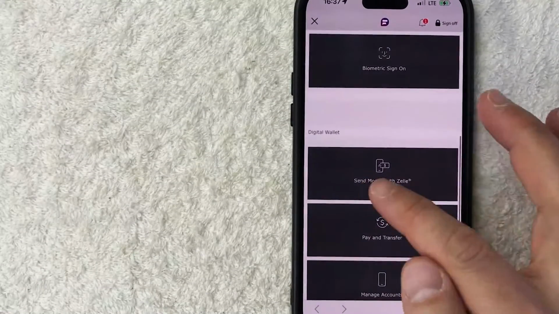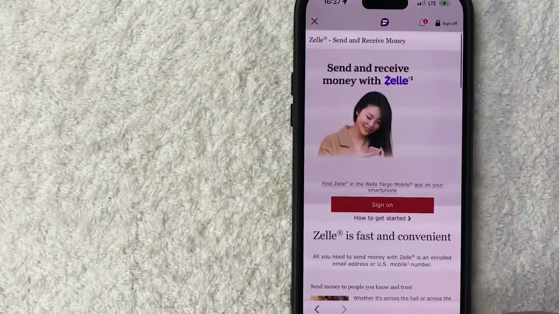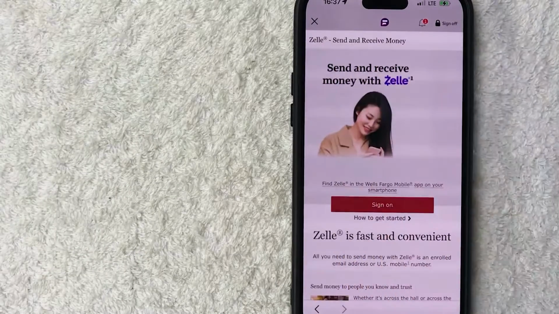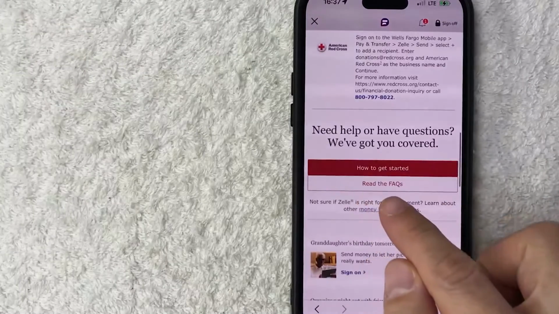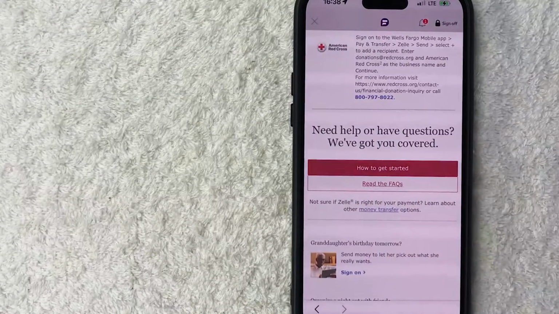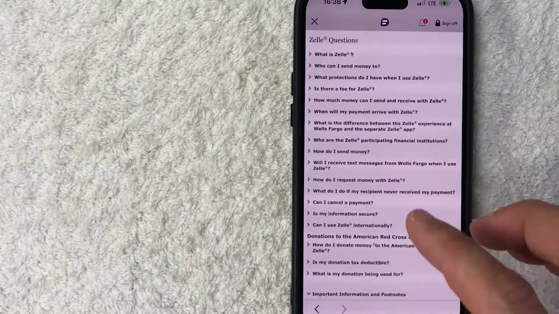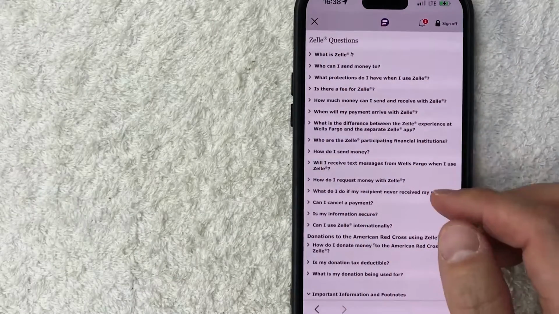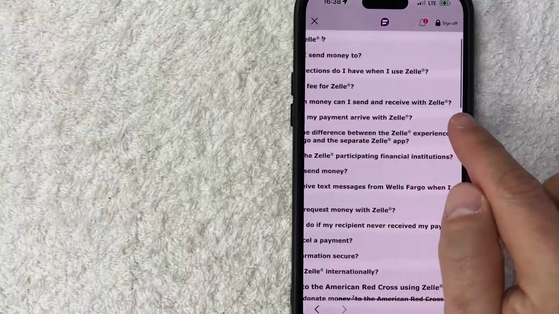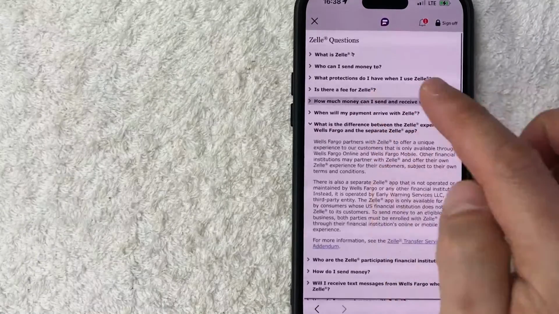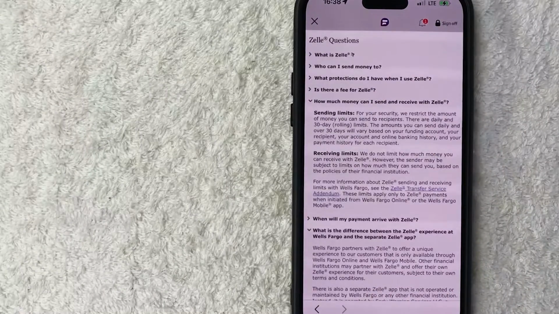Okay, once you get to the Wells Fargo mobile quick guide, scroll down until you see this gray button here called Send Money with Zelle. Okay, we're almost there. You're going to get this article, Zelle Send and Receive Money, and you just want to scroll down until you see this button here called Read the FAQs. Okay, so once you click there, it's going to open up the FAQs for Zelle on Wells Fargo, and on the fifth line down, you're going to see this question: how much money can I send and receive with Zelle? So you just click on there,